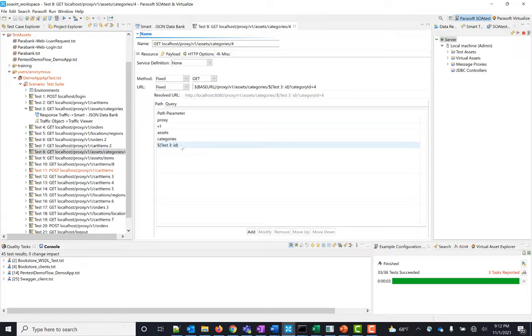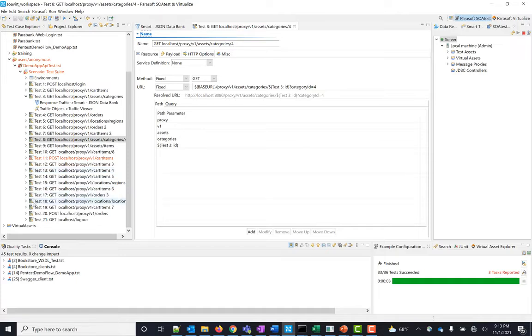And what this is saying is use these other hard-coded values, but then for this particular ID value, I want you to use whatever returns from test 3. These are therefore linked dynamically, and the underlying data could actually change, but the test retains its integrity.